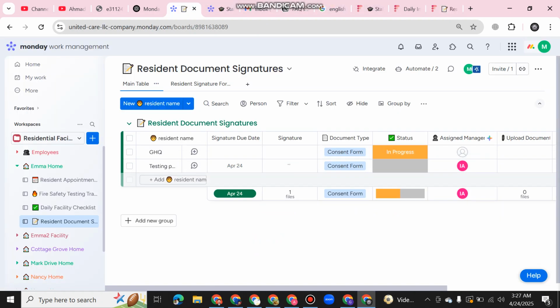So I hope I have covered all the necessary things. Let me know if you need any changes and so on. Thank you, and I'm waiting for your feedback. If you need any changes, I will